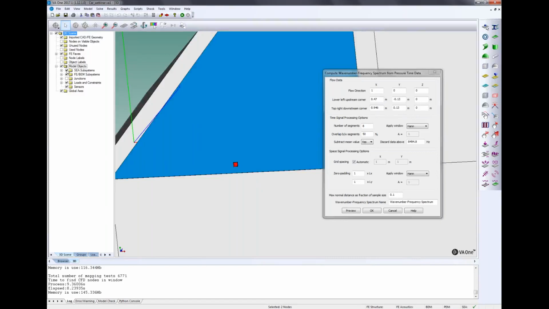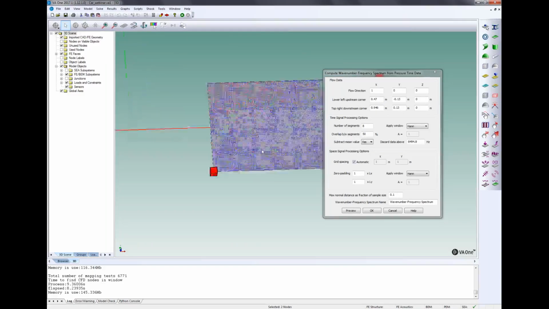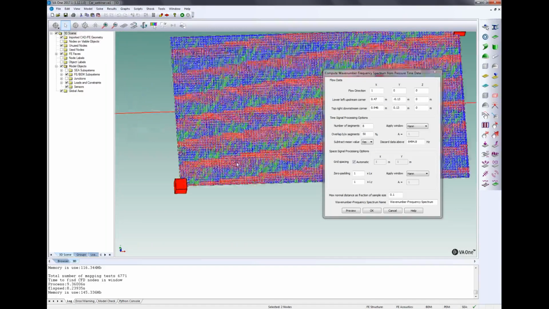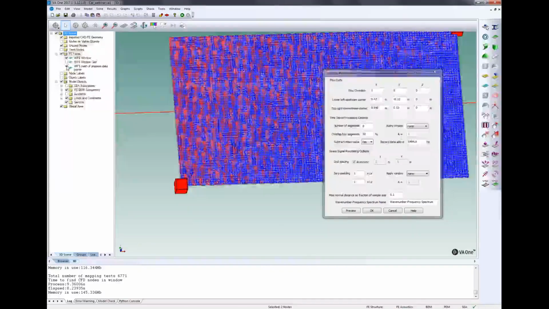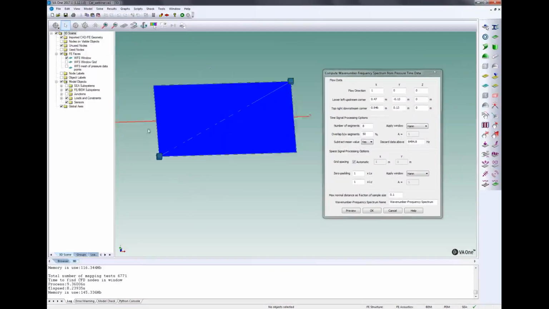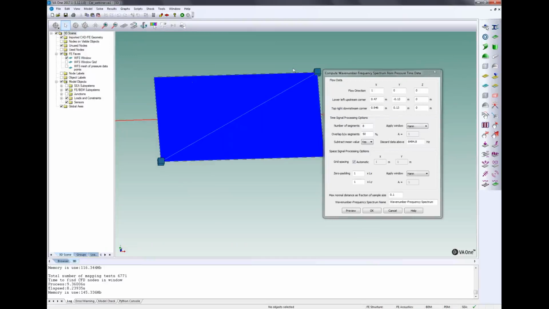I will mask the model, and there you can see many colors because there are 3 faces that are overlapping. This first one is intended to check the surface of the wave number frequency spectrum analysis.